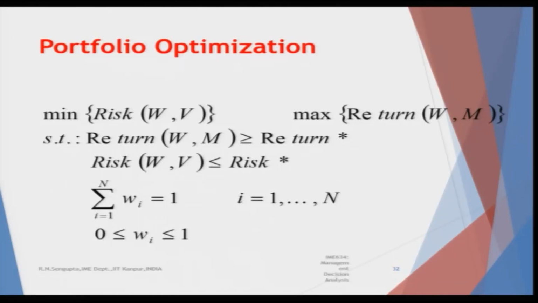Say, for example, if n suffix i is the number of assets you are going to buy for the ith stock, and the corresponding price is s suffix i, then the amount of investment for the first asset would be n1 into s1. Similarly, for the second one it will be n2 into s2, so on and so forth till the last one, and this n which I am using, consider it as a small n suffix capital N, which is the number of stocks you are going to buy for the nth stock, and s suffix capital N is the price of the nth stock, and the sum of that is the total wealth W which you have.